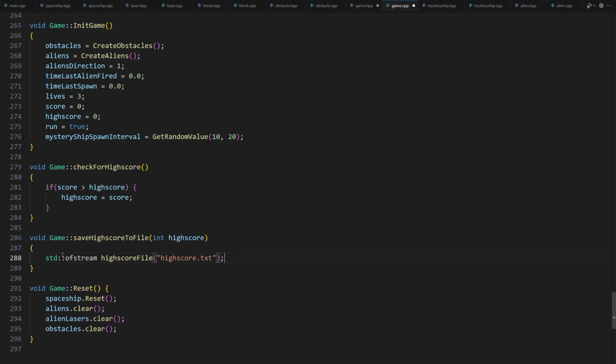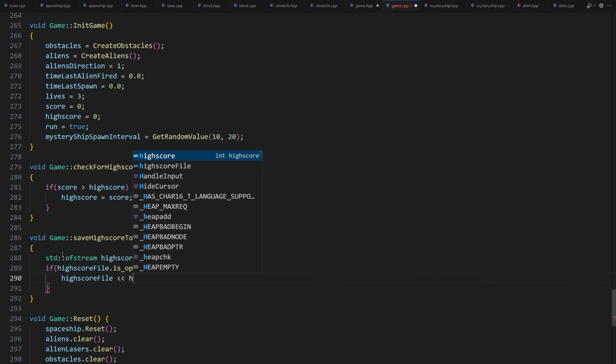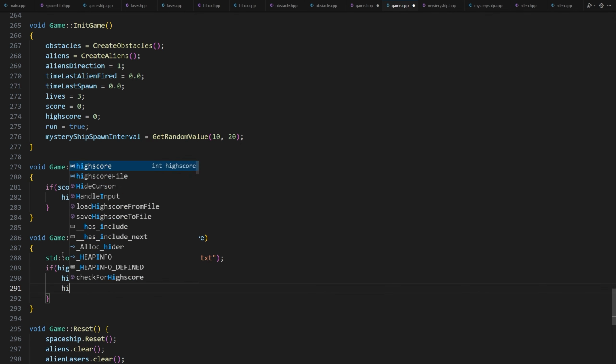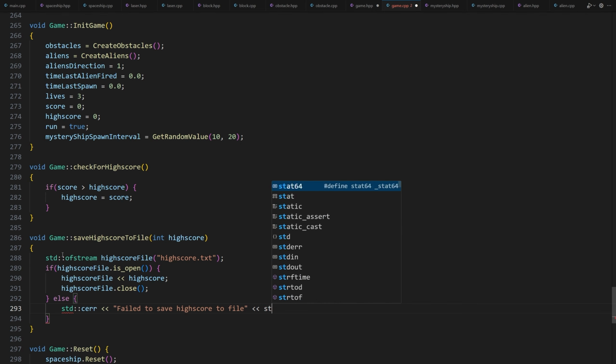If the file already exists, its contents will be cleared, and if it doesn't exist, a new file will be created. Following this line, the highscoreFile object can be used to perform various output operations, such as writing data to the specified file. if (highscoreFile.is_open()) { highscoreFile << highScore; highscoreFile.close(); } else { std::cerr << "Failed to save highscore file" << std::endl;